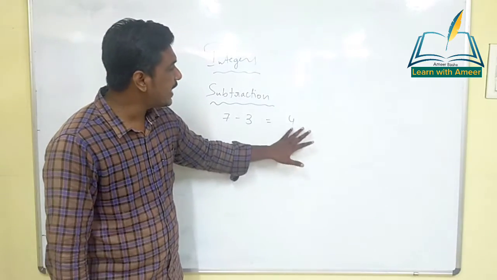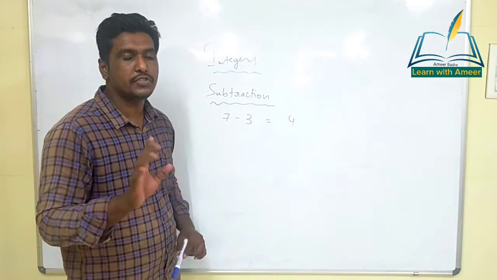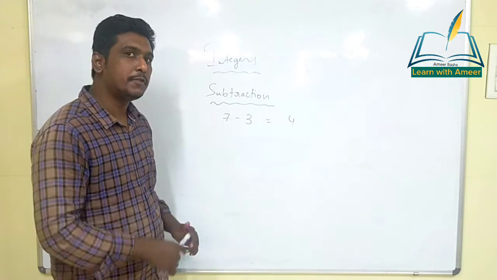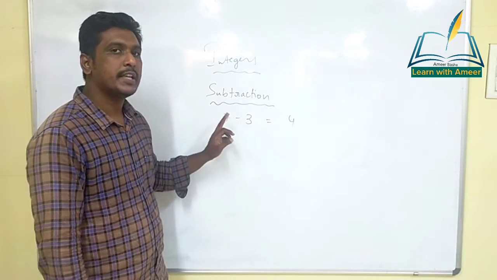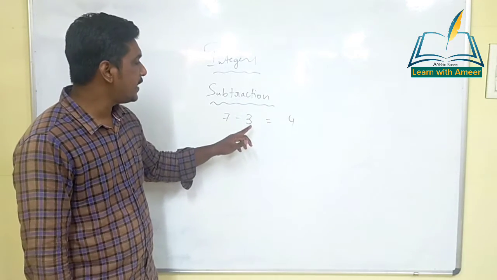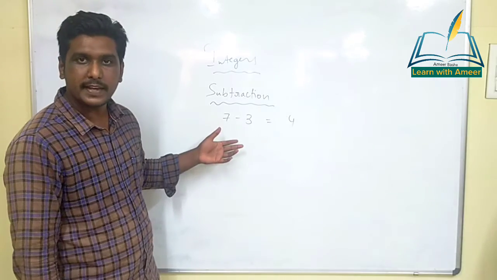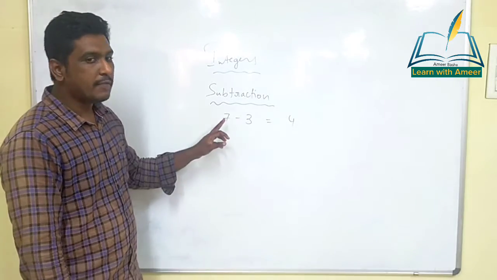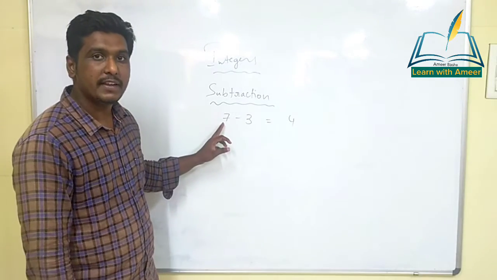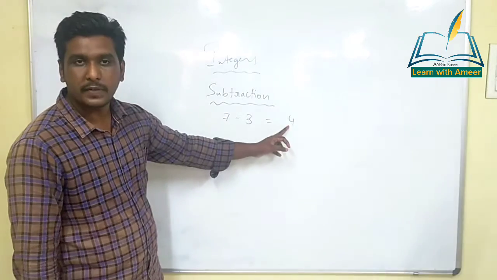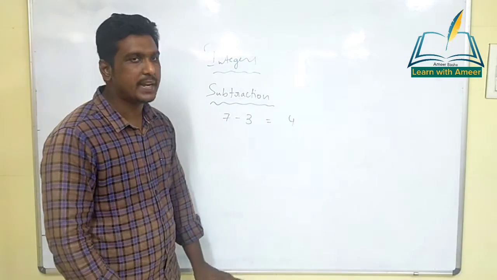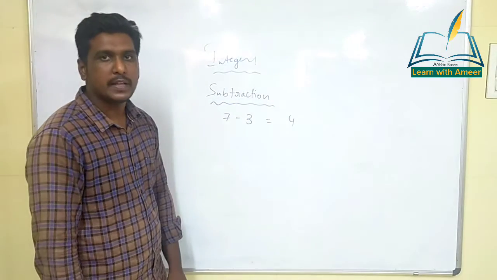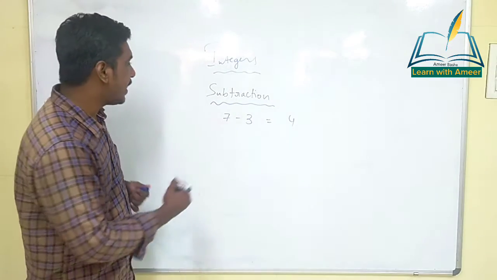After writing that, which symbol do we have to keep? We have to check that. For that, we have to come near these two numbers again and check which is bigger. Is 3 bigger or 7 bigger? Obviously 7 is bigger. For that 7, what symbol do we have? Plus symbol. So for the answer also we will get the plus symbol. So this is one type of example. Okay, children?